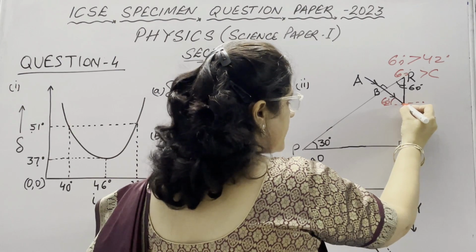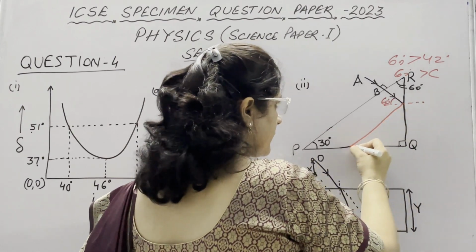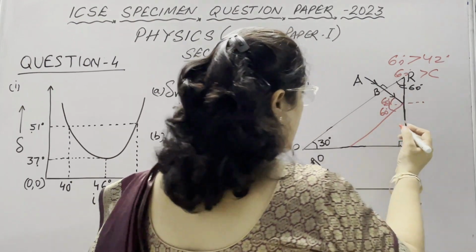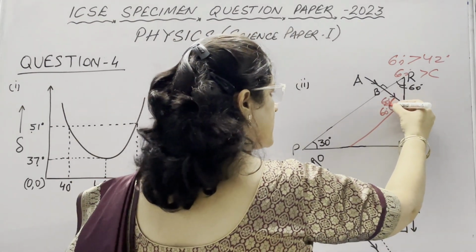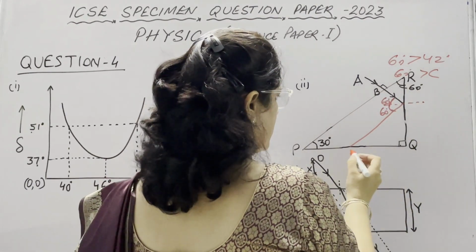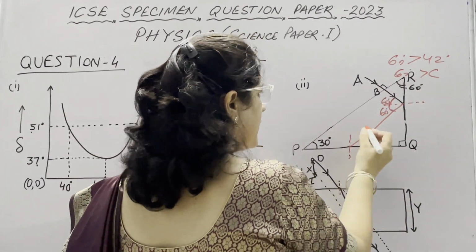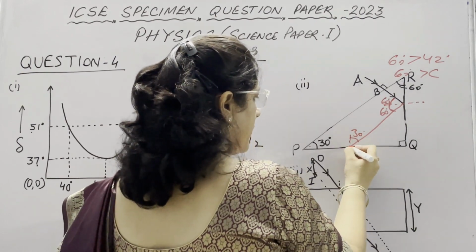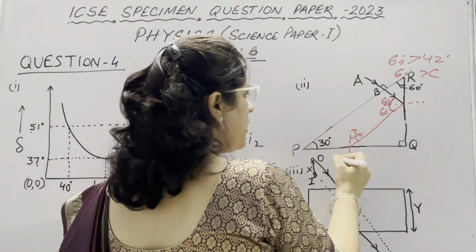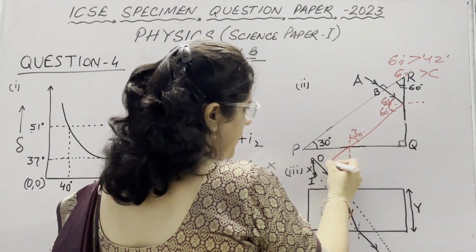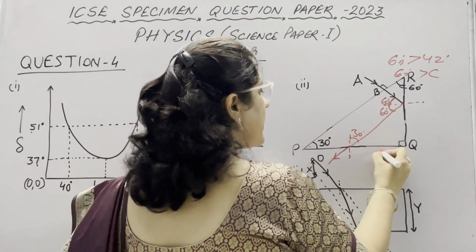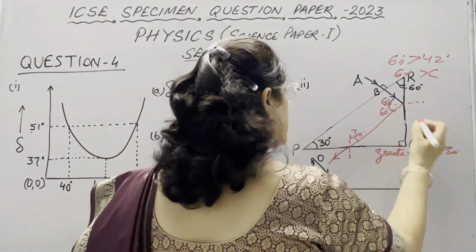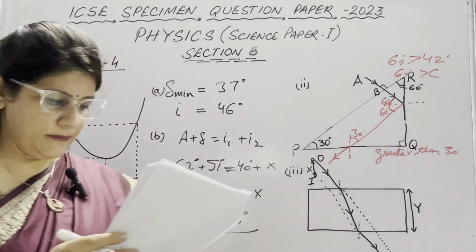So it goes inside the prism because total internal reflection will occur, and it follows the laws of reflection, i is equal to r. So 60 and 60, total 120 degrees deviation. When it strikes this surface, it makes an angle of 30 degrees. Now it goes from a denser medium to a rarer medium. It means it moves away from the normal. So this angle is greater than 30 degrees. So this is the complete path of this ray.